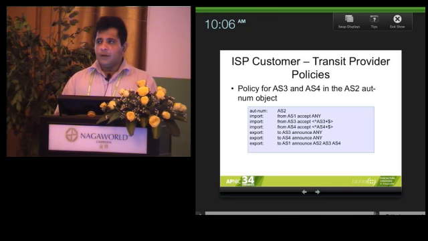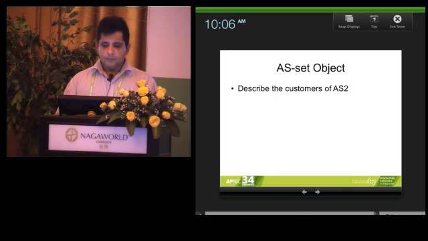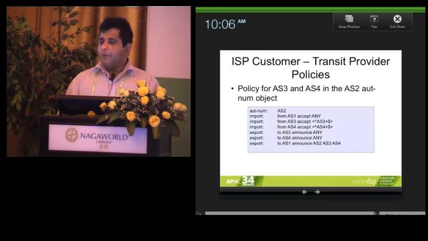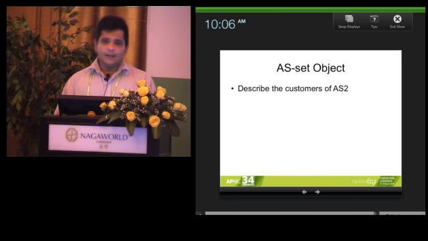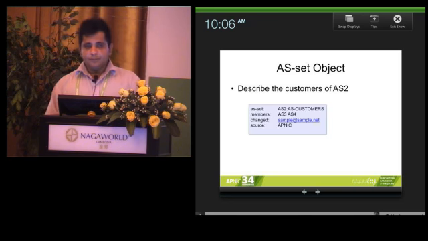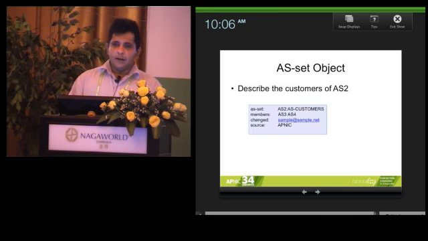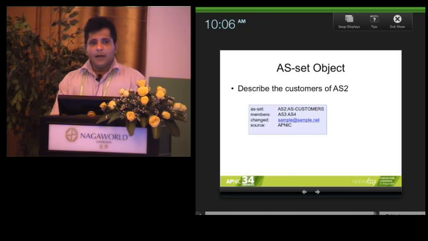So, you can see that your routing policy is growing now, right. Earlier we had only 2 import lines and 2 export lines, but now we have 3 import lines and 3 export lines. So, it has grown now. This is where we can use these AS set objects. Remember, I went through AS set objects earlier. You can create an AS set object and include